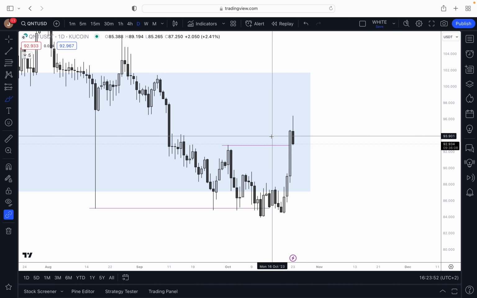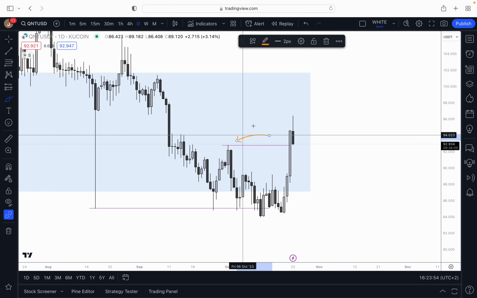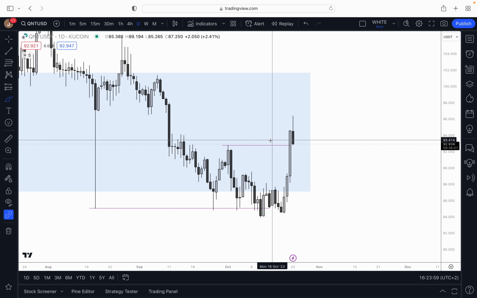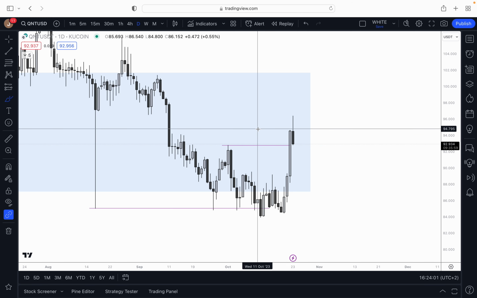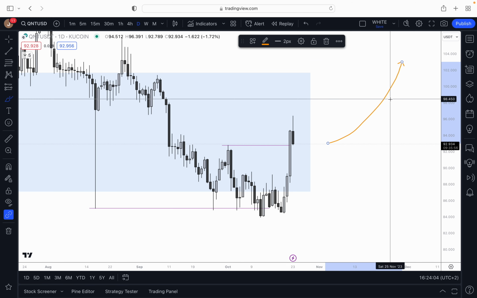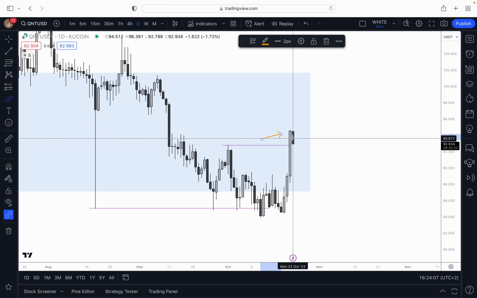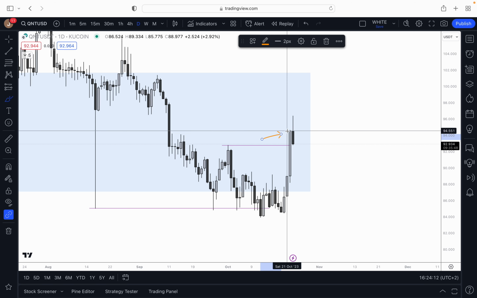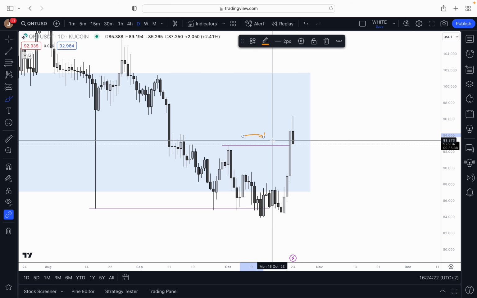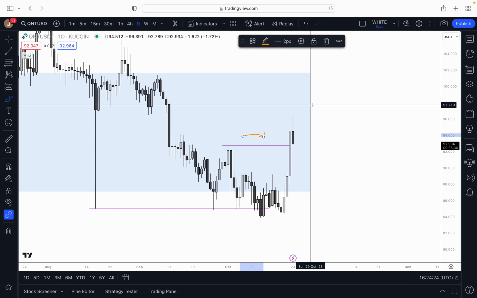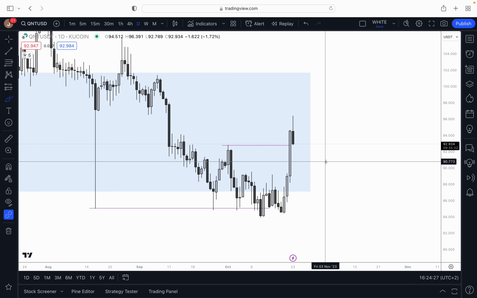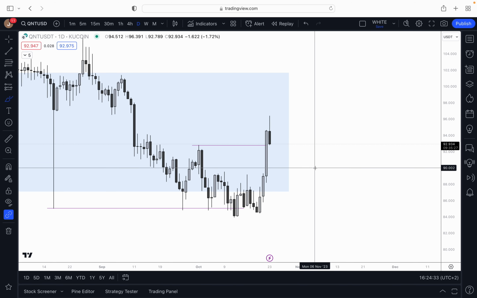And as I said in the last videos, we see this high right here, which caused the move to the downside. And if we are breaking this high to the upside, then I think the chance is high that we are seeing higher levels for Quant. And as you can see, we closed with a daily and weekly body over this high. So we saw this break of structure to the upside. So we shifted now on a daily time frame bullish. So now I would search for long positions.